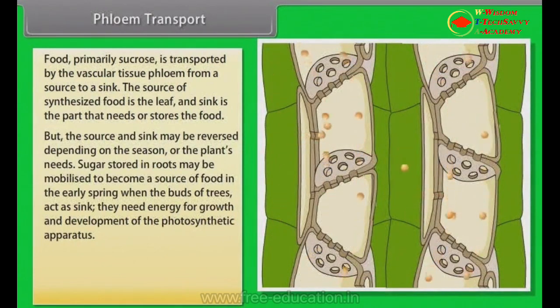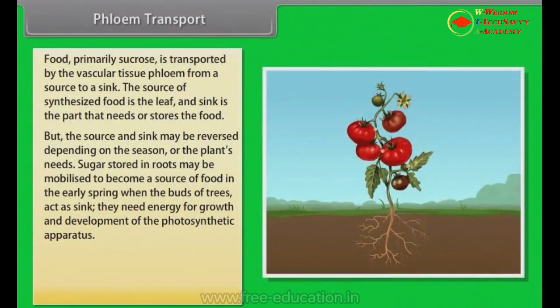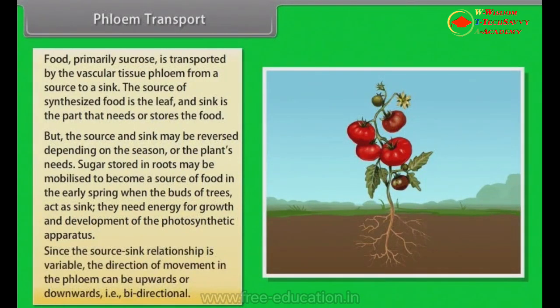Sugar stored in roots may be mobilized to become a source of food in the early spring when the buds of trees act as sinks. They need energy for growth and development of the photosynthetic apparatus. Since the source-sink relationship is variable, the direction of movement in the phloem can be upwards or downwards, which means